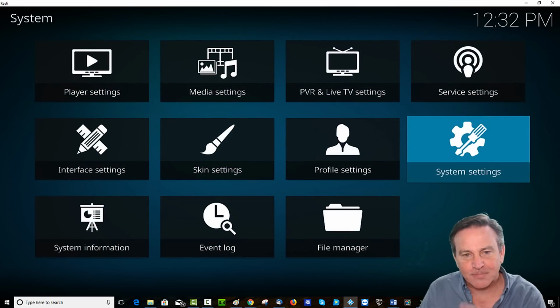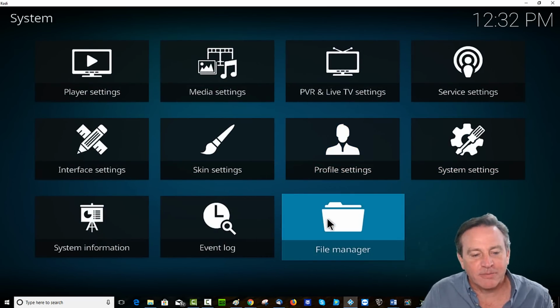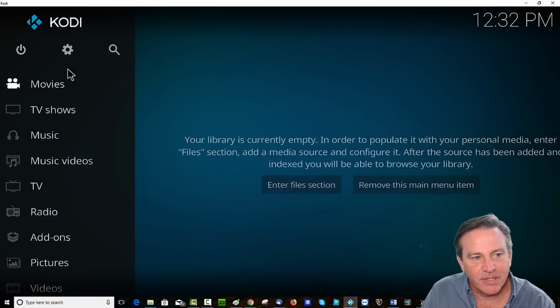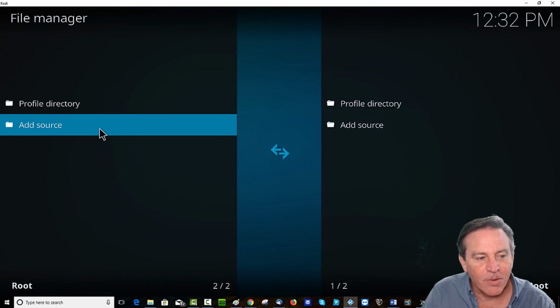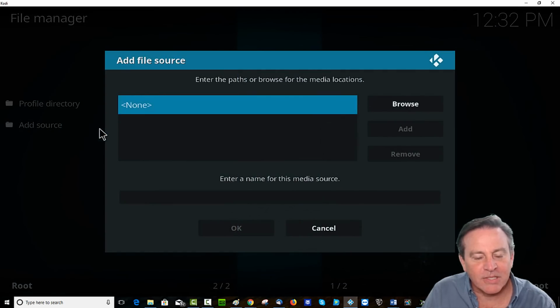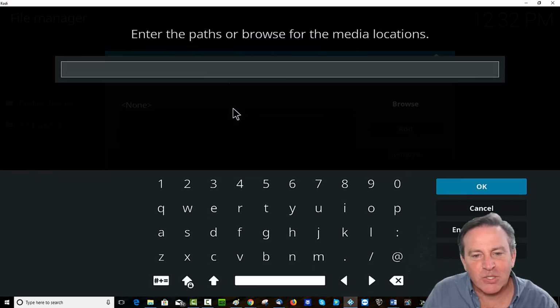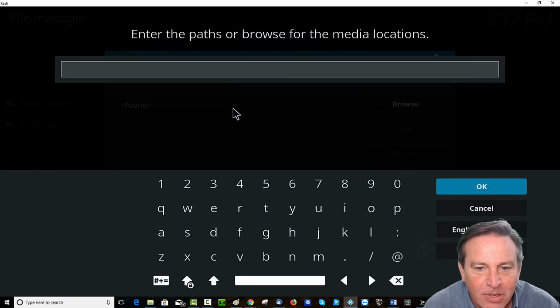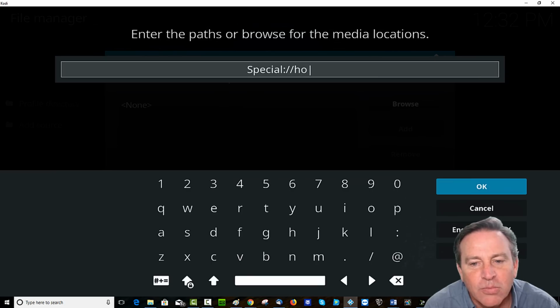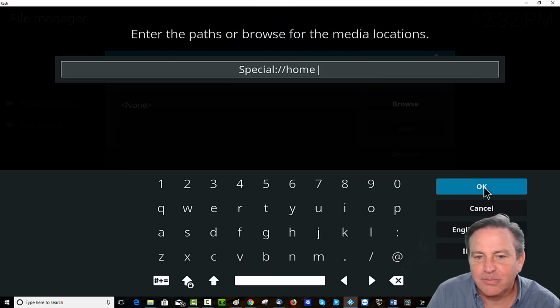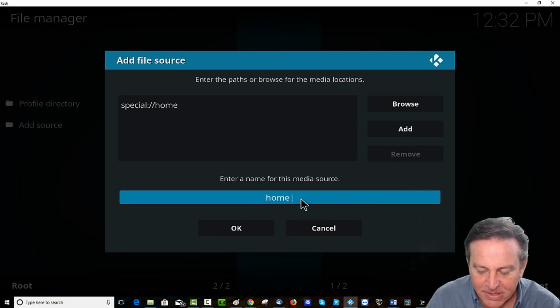Let's click back and go to File Manager. If you click back too far, you click the gear again and go to File Manager. We're going to add a source. Actually, we're going to add two sources. The first one I want you to add is called special://home. Special home. And we'll call this